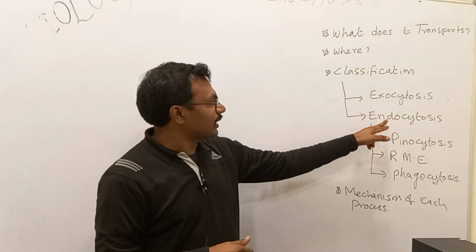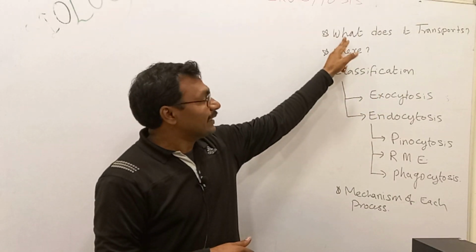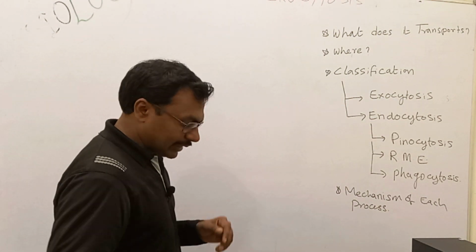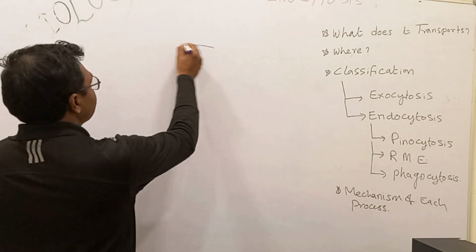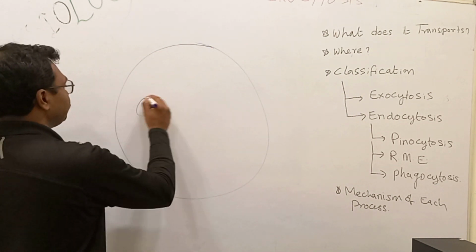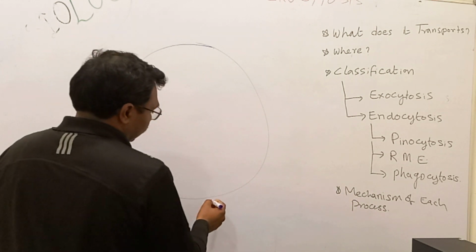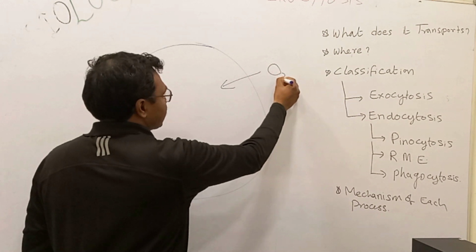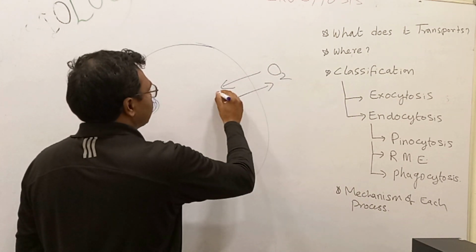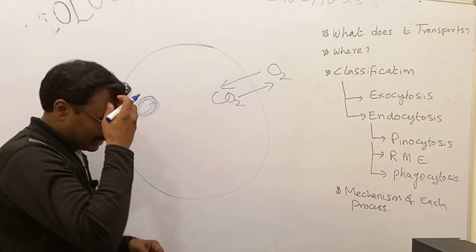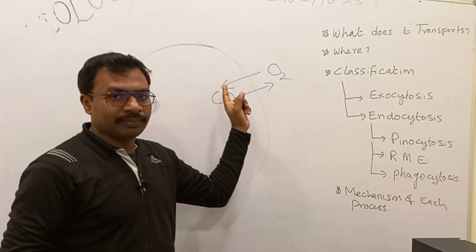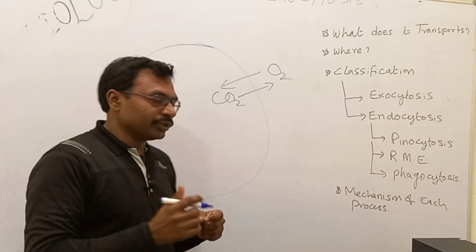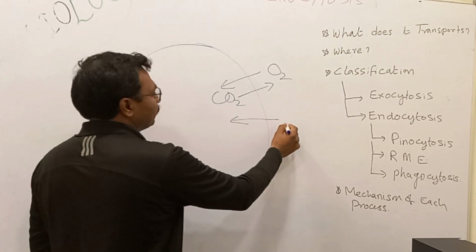So exocytosis, endocytosis. This is a very primary transporting mechanism. When you look at this cell, the basic structure of the cell, the nucleus, the cell has different transporting mechanisms. Oxygen and carbon dioxide are transported essentially across the cell membrane by simple diffusion, whereas we have some more elements,